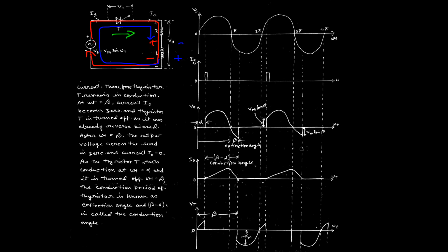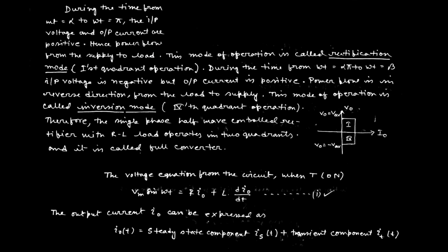In the second case, the voltage is negative but the current is positive, which gives us a negative power. So we can say the power is fed back to the source. In the first case, when the power was positive, the power is delivered from the supply to the load. In the second case, when the power is negative, the load is delivering power back to the supply. That is why we can say it covers the two-mode operation, as defined by this.